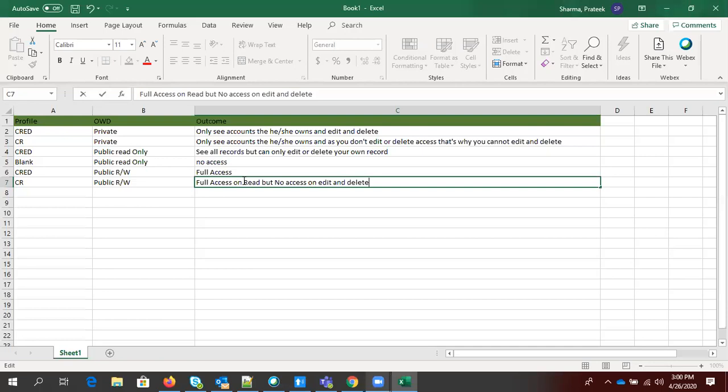Any questions from today's class? Because now I'm stopping here. We'll have a recap of this data security again next Saturday, and then move ahead from where we are now stopping. We'll implement whatever we have just discussed, all these 6 scenarios, and then move ahead with the role hierarchy.